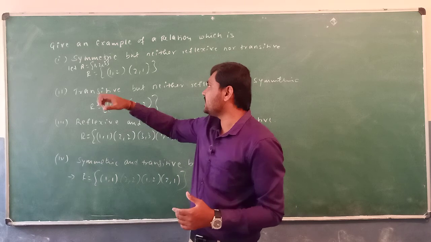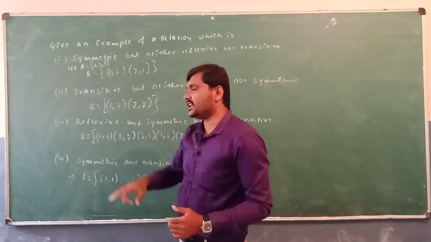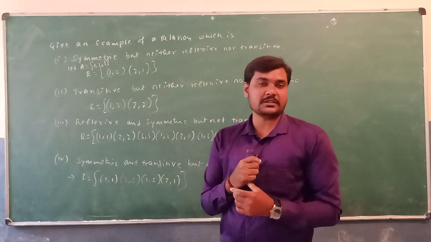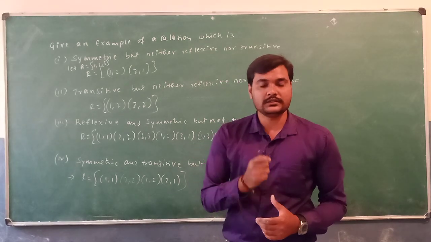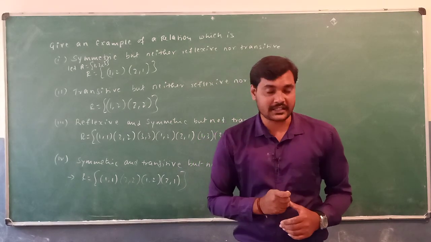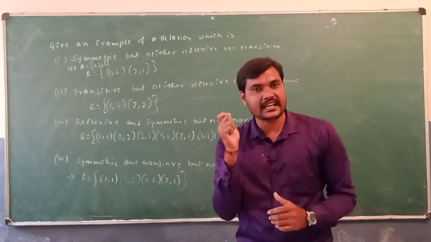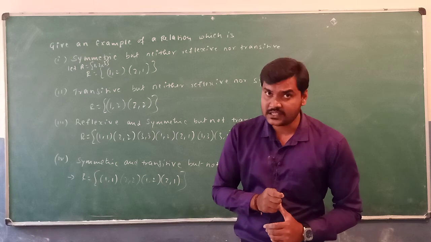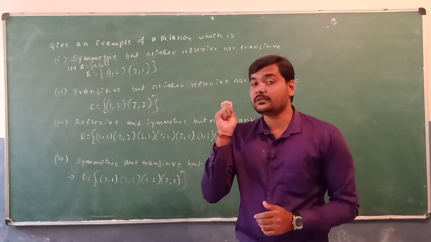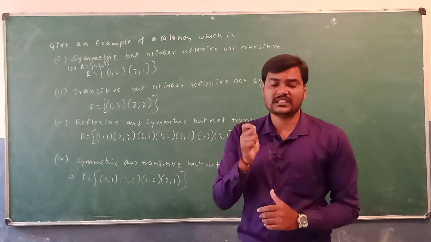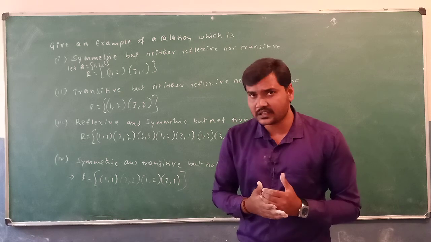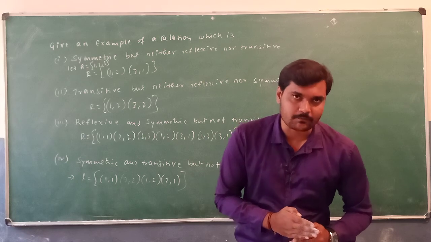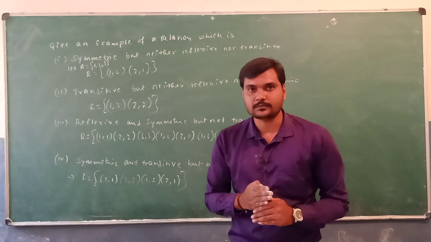Let me give an example here. So {1, 2, 3} is said to be reflexive means the relation must contain (1,1), (2,2), (3,3). Suppose in these three ordered pairs, if one ordered pair is not present in a particular relation, then we can't say that it is a reflexive relation. Then what is that particular relation going to be? That particular relation is going to be an identity relation. What is an identity relation?